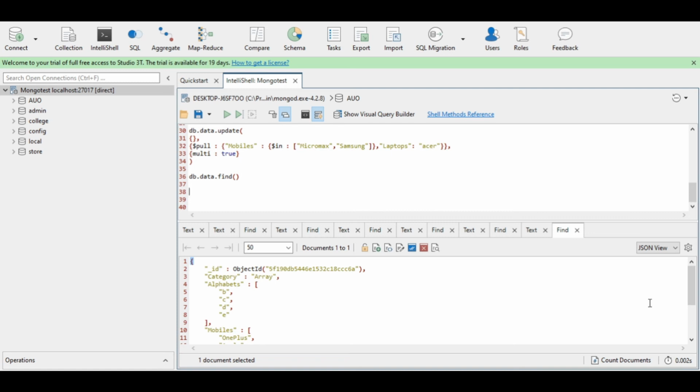This operator appends a specified value to an array. Suppose I want to append Z over to this alphabets field. So how that can be done? db.data.update, then to specify the document I need to specify a field, that is category array, as this is the field which can uniquely identify the documents. Now give a comma,